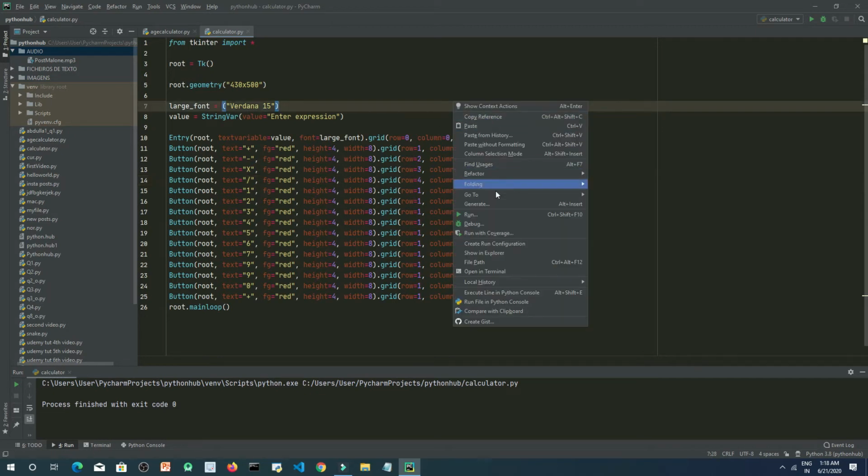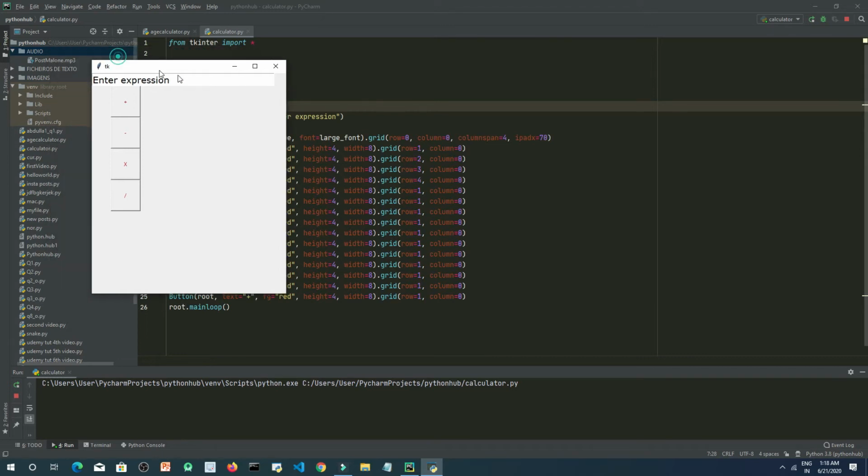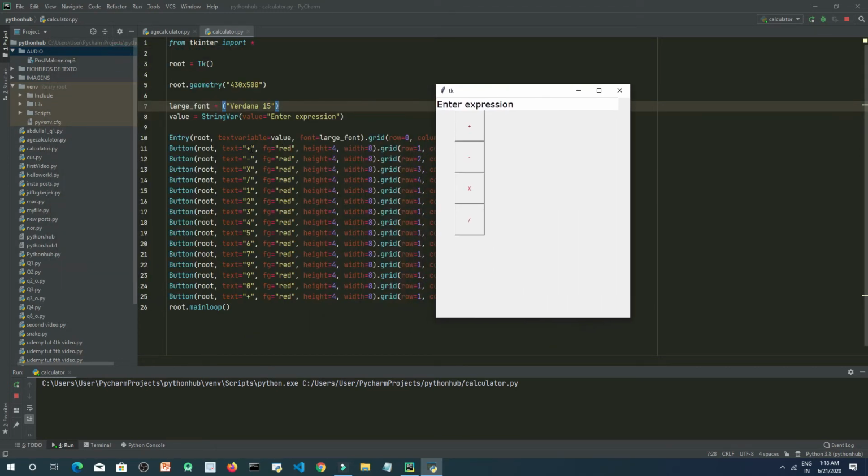So now let's try to run this, and as you can see these are coming, okay. This is in the 0th row, this is in the first row, this is in the second row, this is in the third row, and this is in the fourth row, as you can see here, okay. This is 0 row, then 1, 2, 3 and 4, and as you can match these with the signs, okay. So now let's move forward,